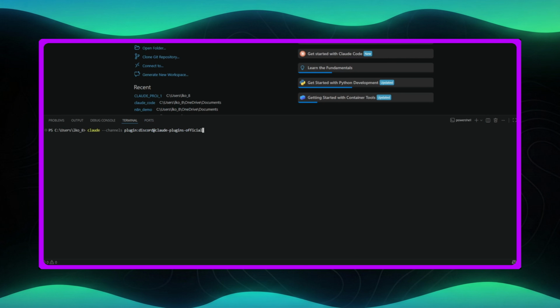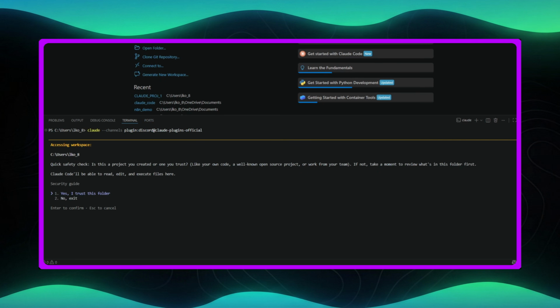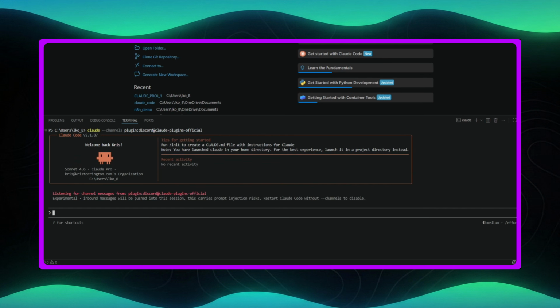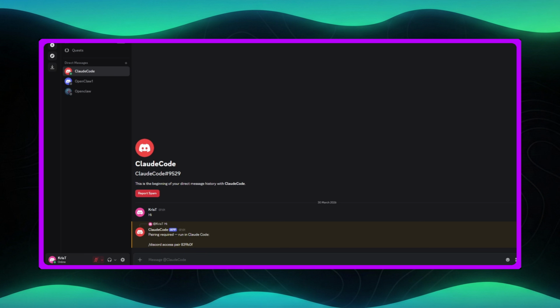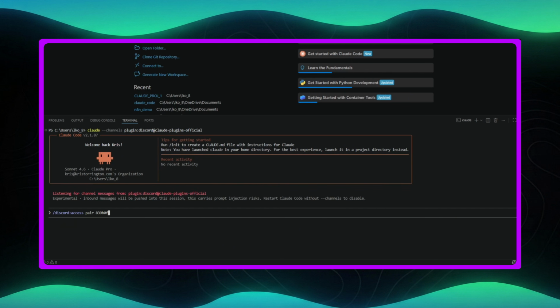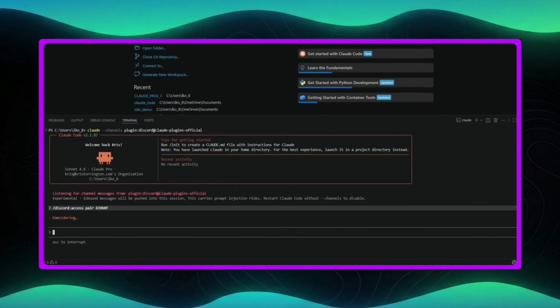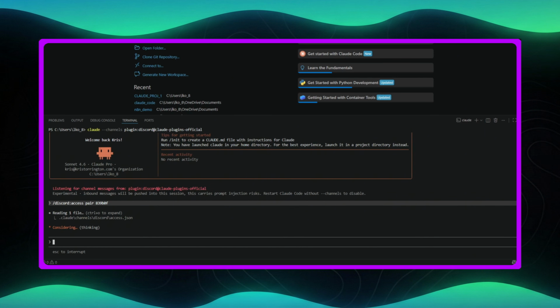Next, restart it using the specific channel flags pointing to the official Discord plugin, which tells the bot to start actively listening for incoming messages. Hop over to Discord and find your bot in the member list. Send it a direct message and it will immediately reply with a secure temporary pairing code. Now go back to your terminal and type /discord access pair followed by the unique code provided to you. If your code expires before you enter it, simply send the bot another message to generate a fresh one